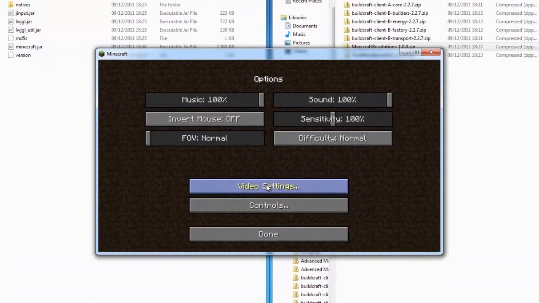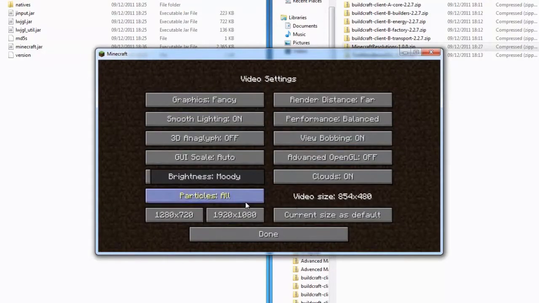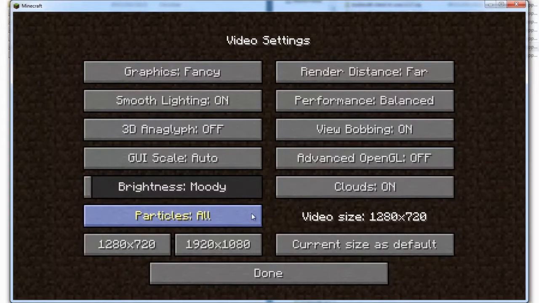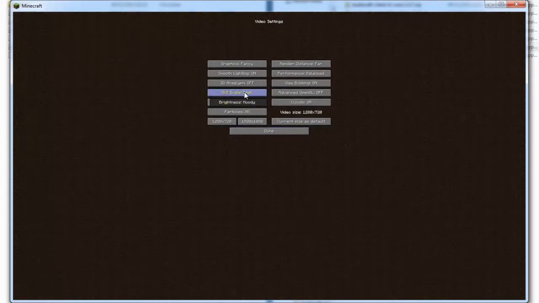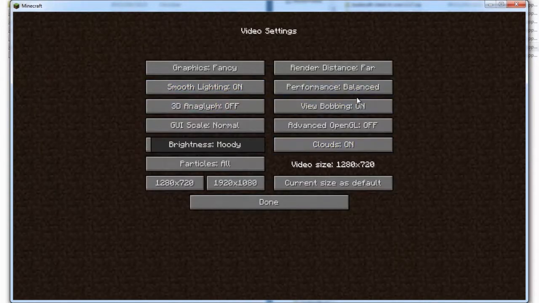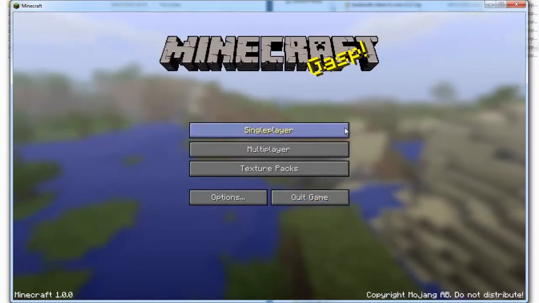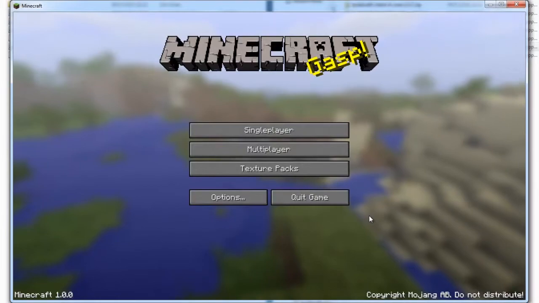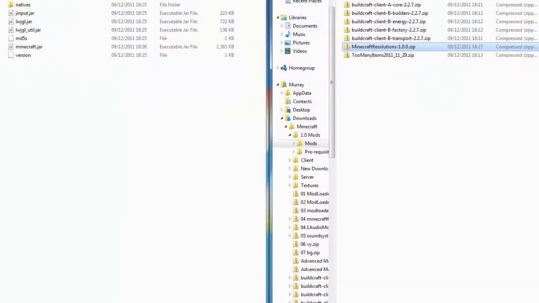So now we should get in view settings our first changes. There we go, down the bottom. Video size, that's the current size of the window. I'm going to make it 720p, which is of course 1280 by 720. There we go. The other thing I'm going to do is change the GUI scale to normal, which is my preferred favourite. So done, done. So now if we quit and restart,